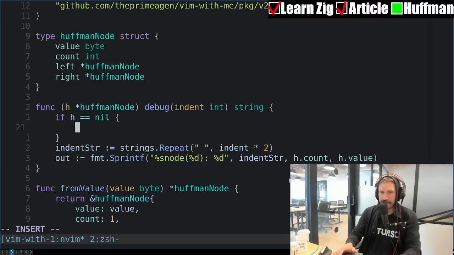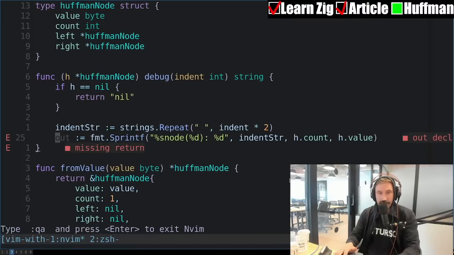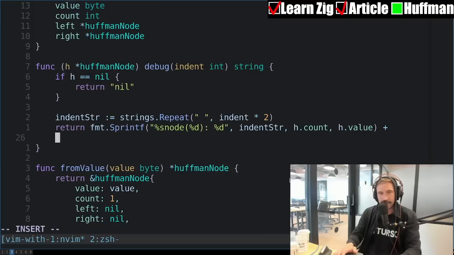Oh, this is so naughty. Look at what I've done here. That is so naughty. I'm taking advantage of a horrible feature of Go. I shouldn't do this, but here we are.